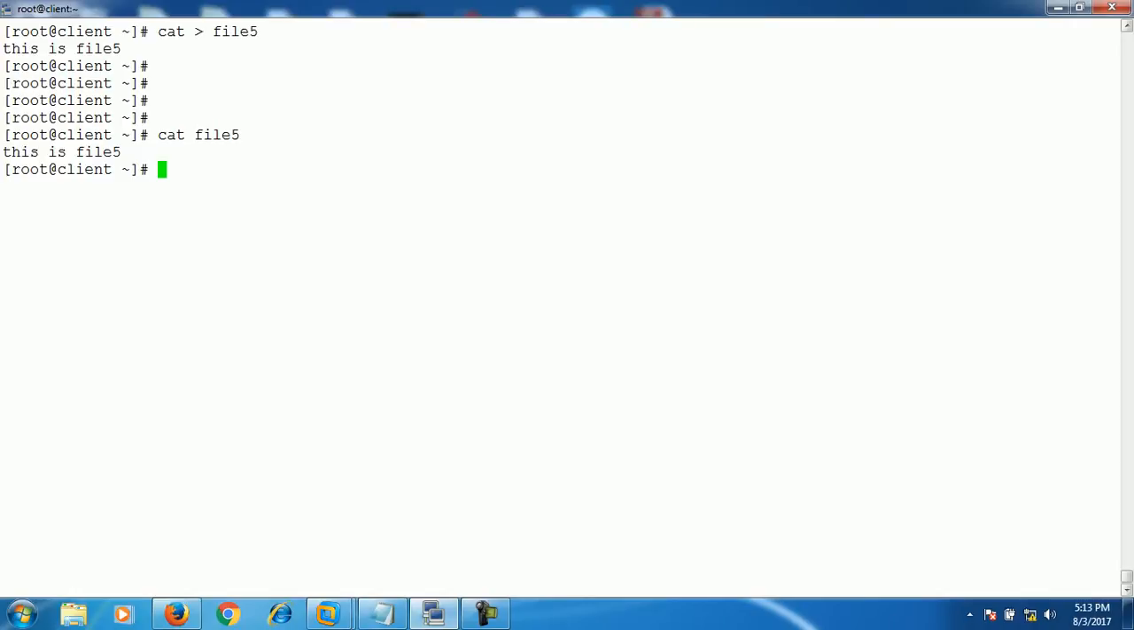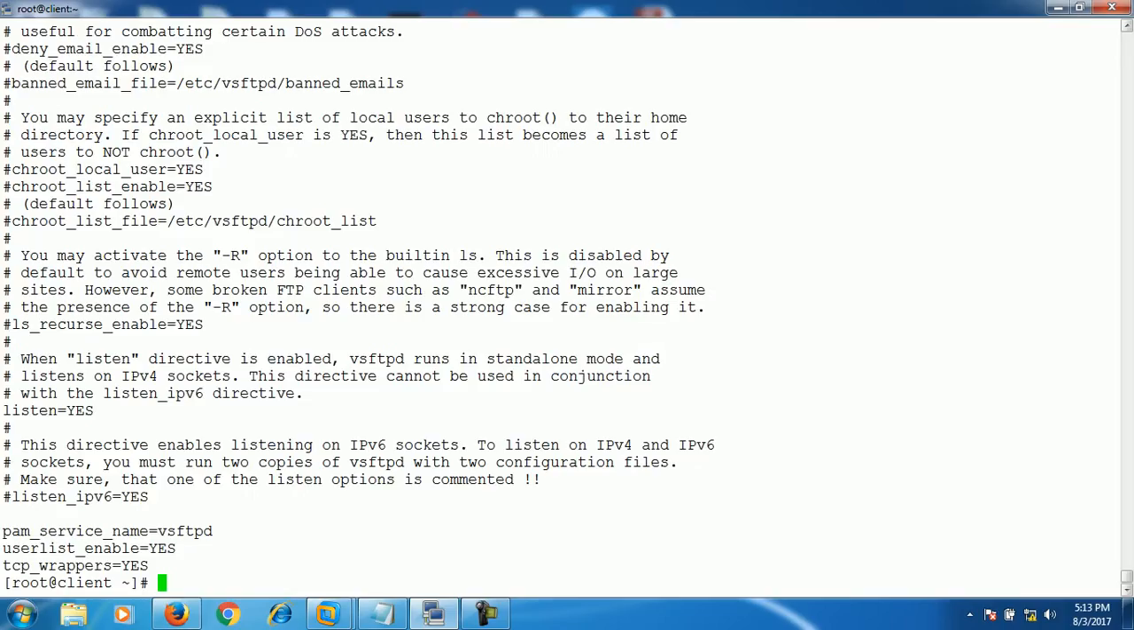Okay, so in the next example, suppose you have a file with a large amount of content that would not fit in the terminal, and the screen scrolls very fast. This is a configuration file for the FTP server, vsftpd.conf. Suppose I want to see the contents of this file. It scrolls very fast and I'm not able to see the whole content of this file. So